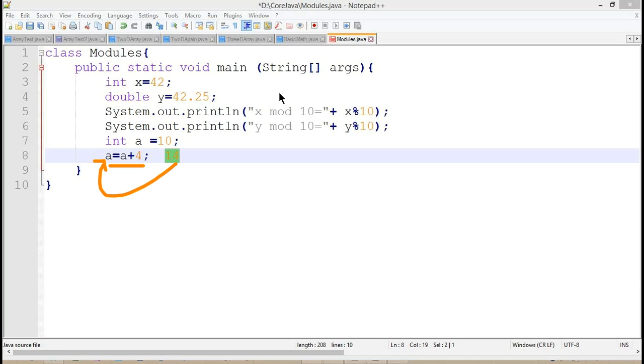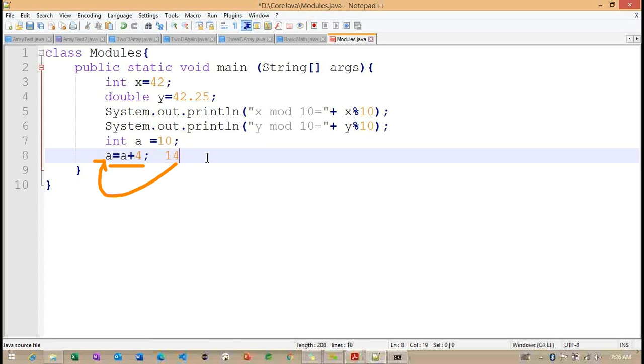Next time we can define the same expression as a plus equals 4. Getting the point? These two forms we are going to call compound operators.